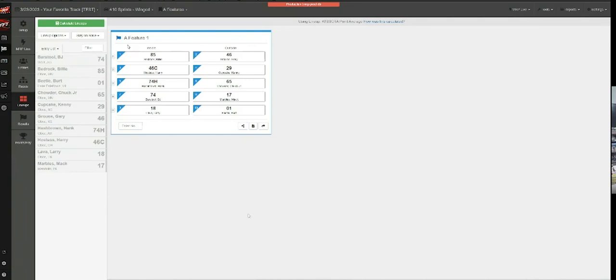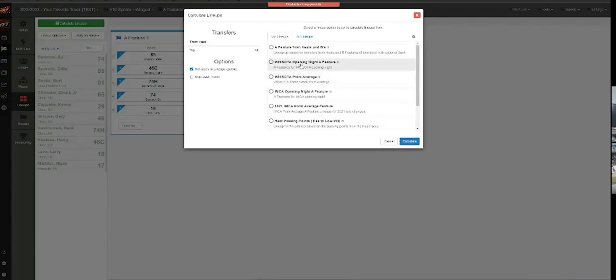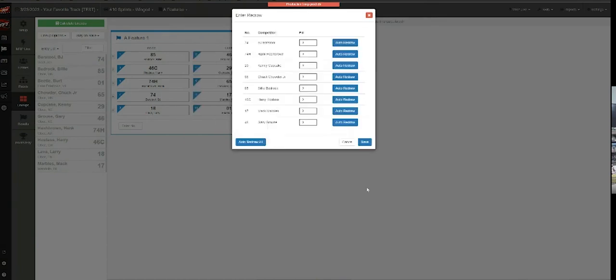All right. So the other format there that we were just talking about on your specials, or that draw-redraw situation there, is if we calculate either the WISSOTA, it'd be the WISSOTA opening night, calculate, it pulls up this box for you. With this box, you have 3 different options on how to do your redraws. So if you were doing something really special where you wanted to have them doing draws on the front stretch, numbers under a cap or in a pizza box or anything like that, you can type in those numbers manually